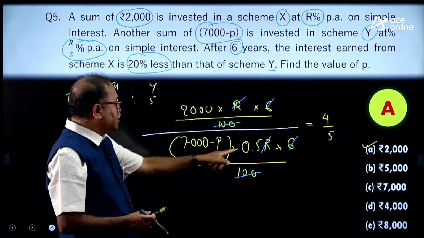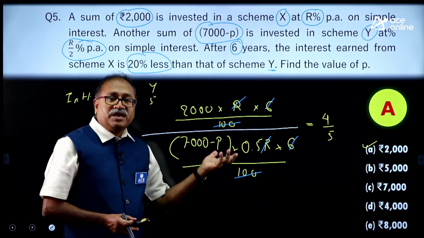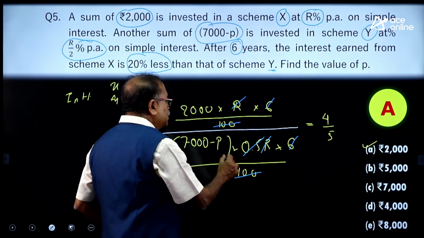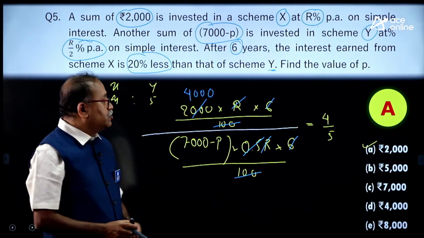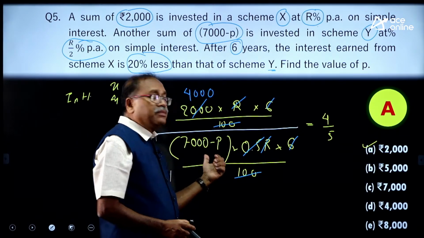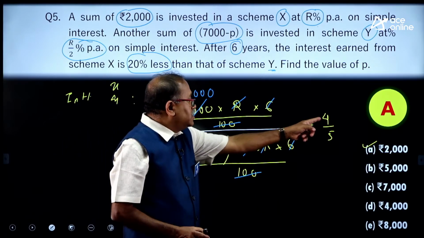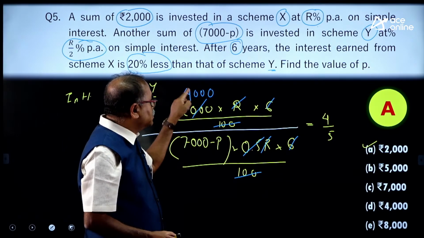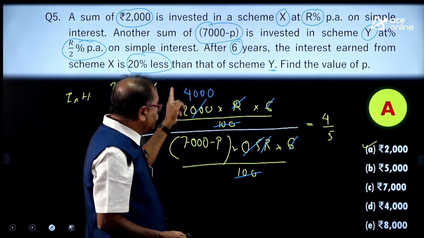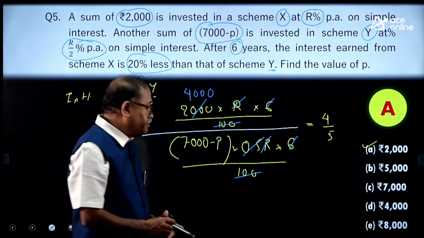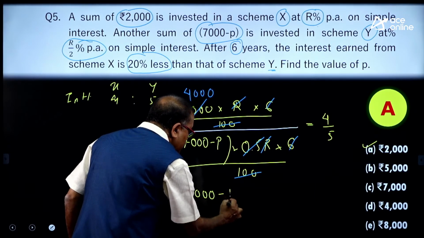So, finally, I get the 0.5 is there. When you divide this by 0.5, in other words you are multiplying by 2. So, when you cancel this one, then you are getting 4000 over here. So, what finally I notice is that 4000 by 7000 minus P is equal to 4 by 5. So, this will cancel here 4 and 4000, this is 1000, and 1000 into 5, that is 5000. So, I get 5000 is equal to 7000 minus P, or I can write that 7000 minus P is